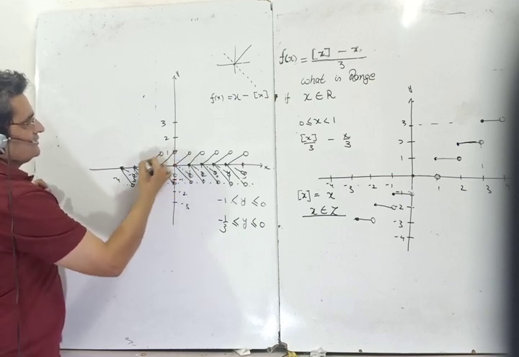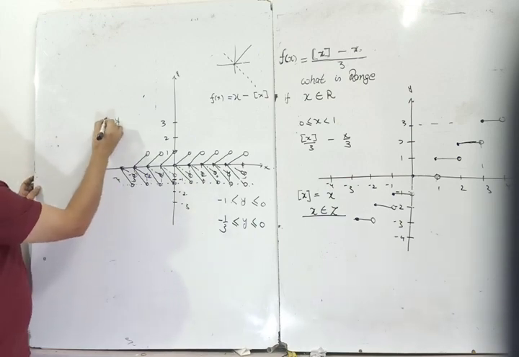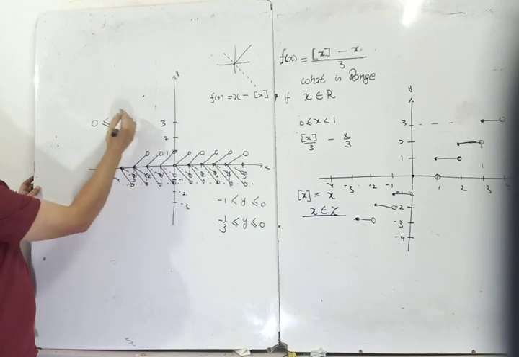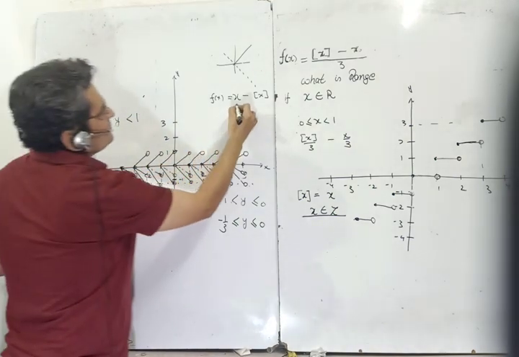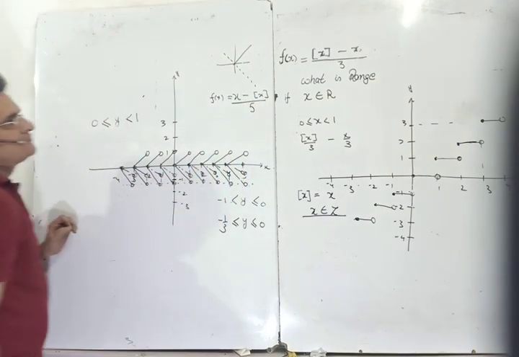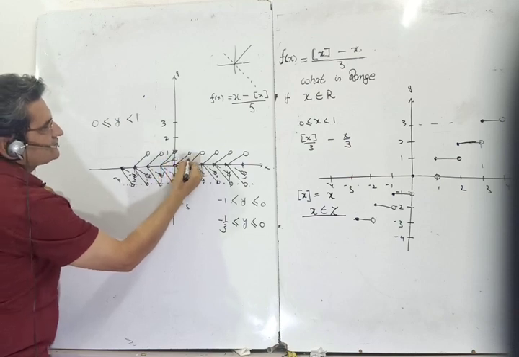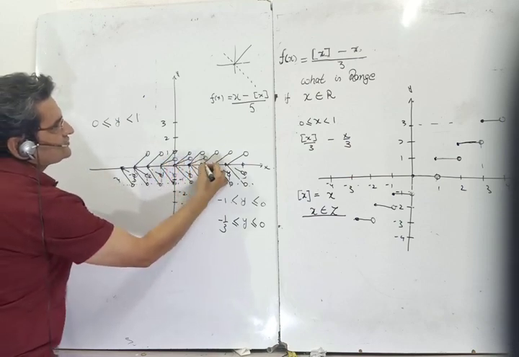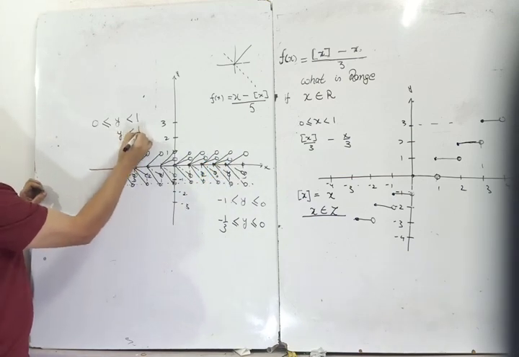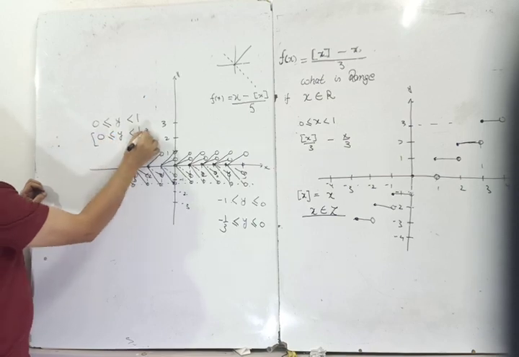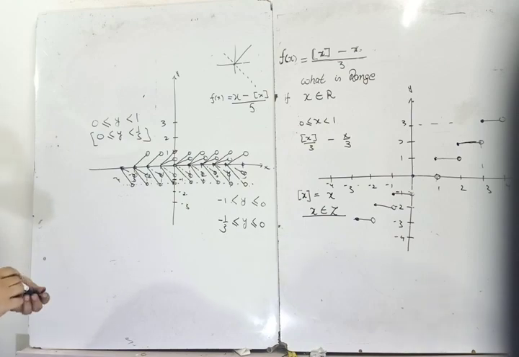Be careful that this circle has to be made. And here now the range will be y greater than or equal to 0, it is above 0, and less than 1, it doesn't become equal to 1. And if I now divide it by, say, 5, the only thing is it now takes up to this value. So the slope flattens. So this graph will be now like this. So the range will be y greater than or equal to 0 and less than 1 upon 5, if this is so. It can be changed in multiple ways. Try to do it at your own level.